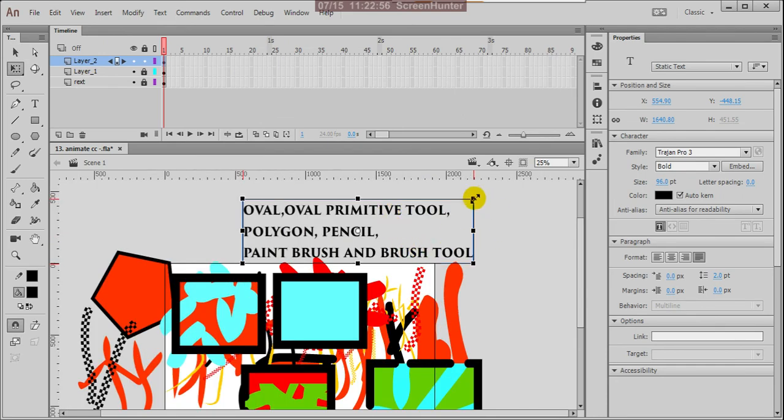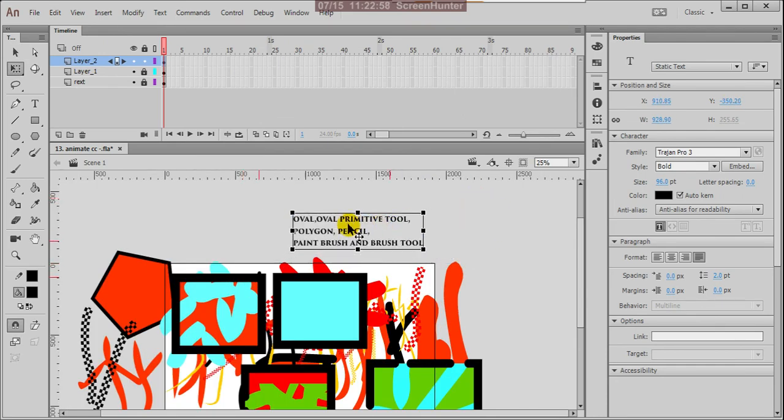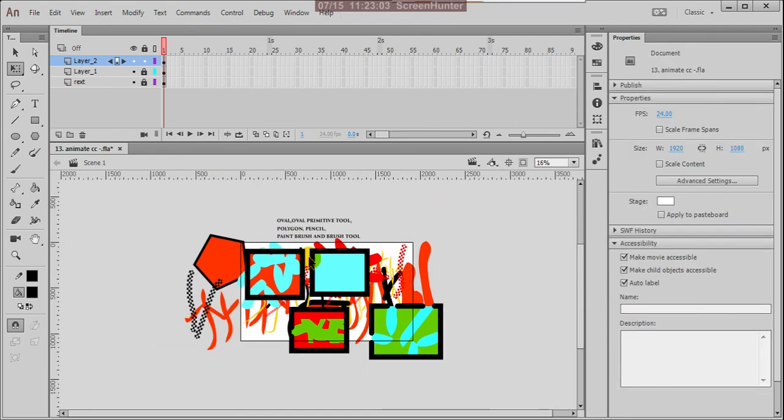Press Q, so you can decrease the size and keep this.